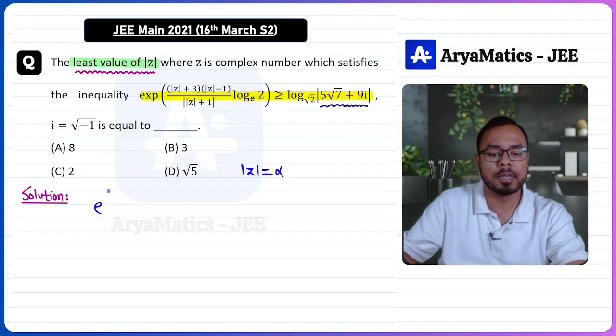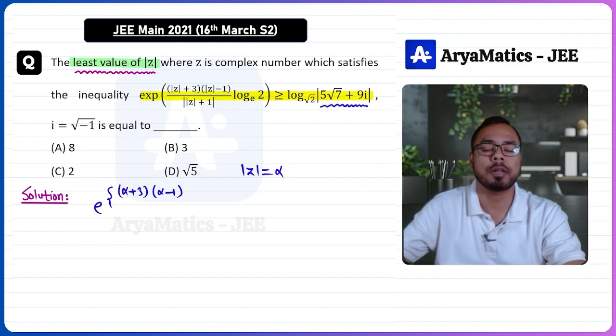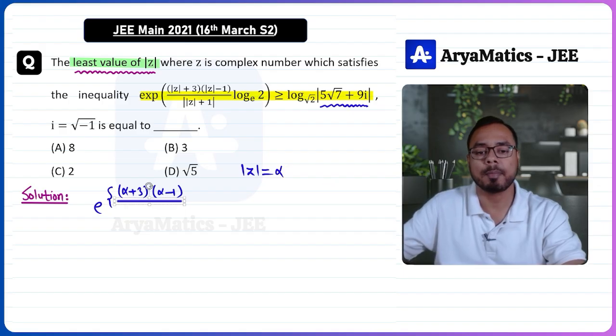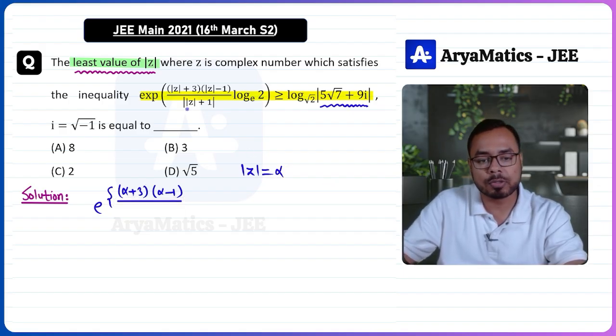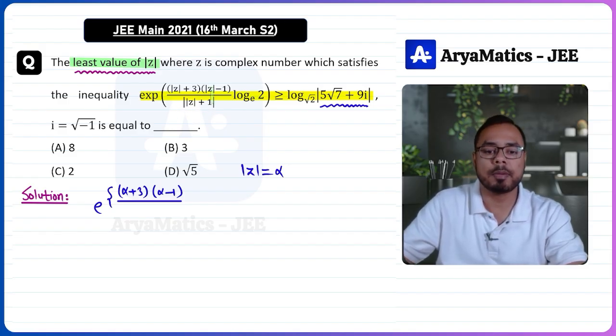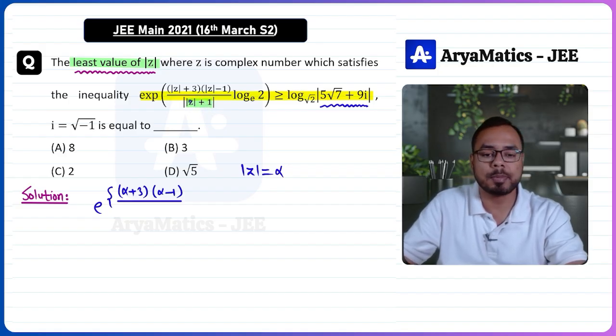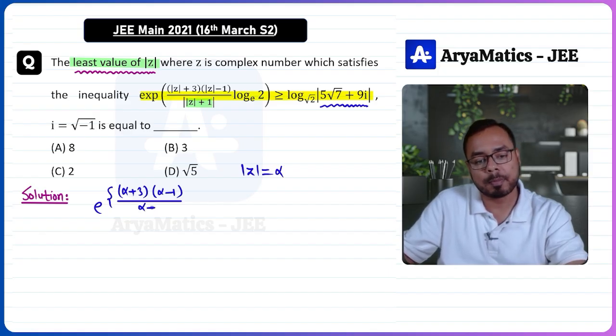So the given expression is e raised to, and then we have mod z plus 3. So that means we have alpha plus 3, this multiplied by alpha minus 1. And remember, alpha is representing modulus of a complex number, so it cannot be negative, right? Alpha will be a positive number. So in denominator, we have mod z plus 1. Now this number mod z plus 1 is already a positive number. So this another modulus sign is meaningless here. This will become simply alpha plus 1. That will be the denominator part, and this multiplied by log 2 to base e or ln2,